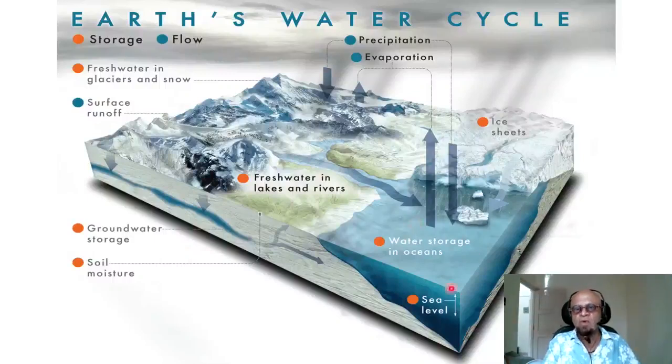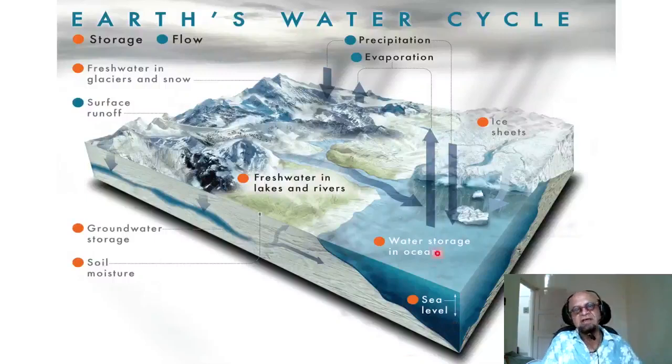Okay, so there is water storage in the oceans, and the sea level decides how much water is stored, and of course how much volume is occupied by the water depends on how warm it is or how cold it is. Cold water has high density, and remember, density is mass divided by volume. So if you take the same mass and freeze it, or cool it, then the density increases, which means mass is the same, so volume has to decrease. If you heat it, then the volume increases.